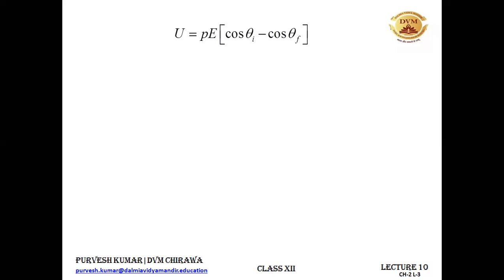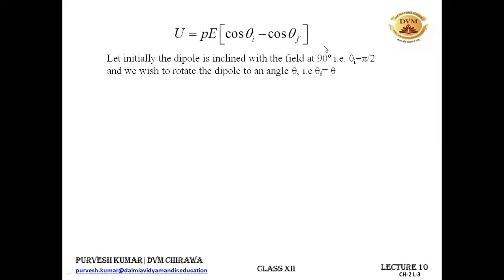All right. So the zero for the potential energy of the water is the ground level, because at the ground level there will be no potential energy for the water. Similarly, there must be some angle for the electric dipole at which the potential energy is zero. So we have chosen water ground level as the potential energy zero level for the water. Similarly, we have chosen one angle, that is pi by 2. When the electric dipole is placed in such a manner that the angle between the electric field and the dipole moment is 90 degree, then it won't be having any potential energy. Okay, that is the ground level for it.